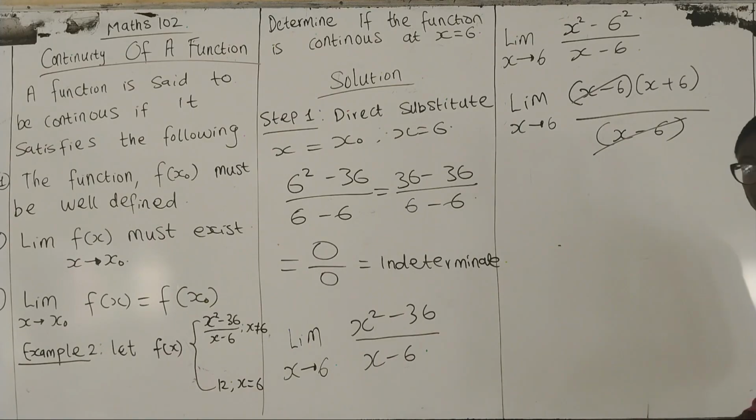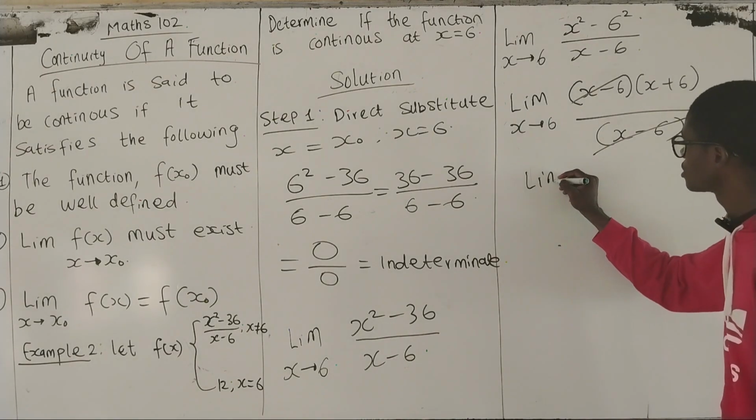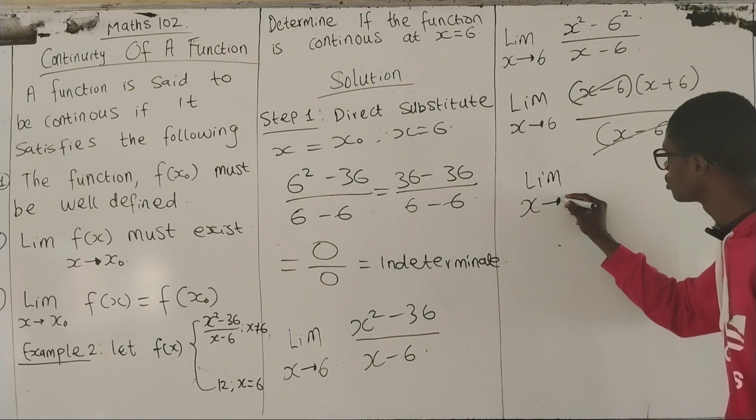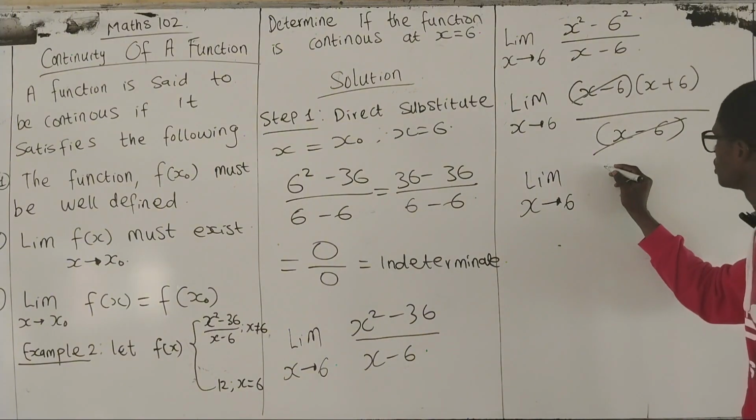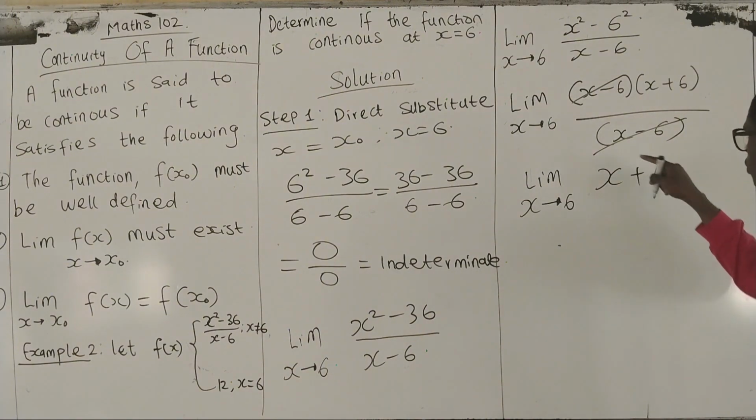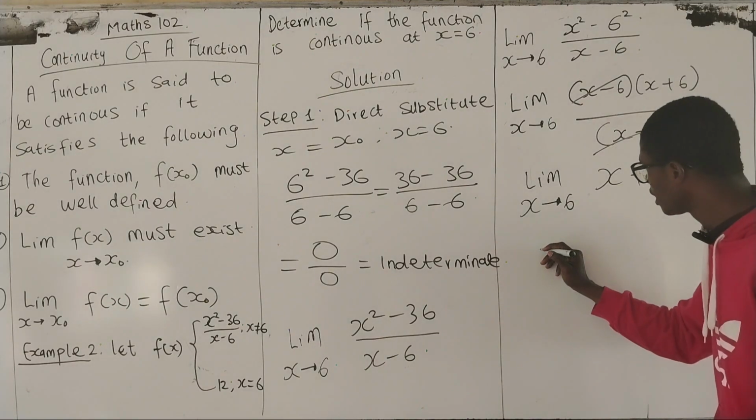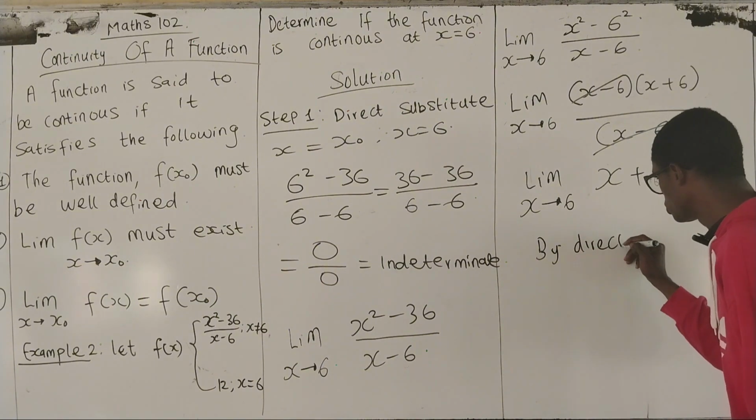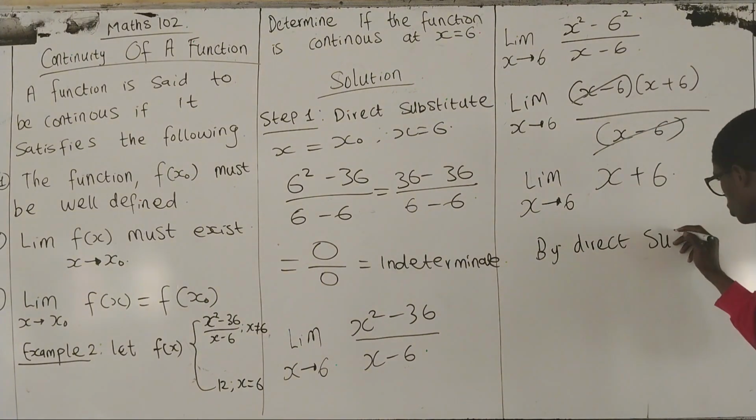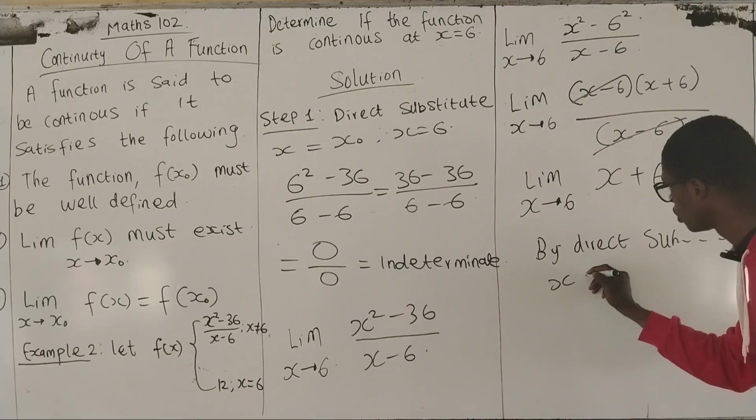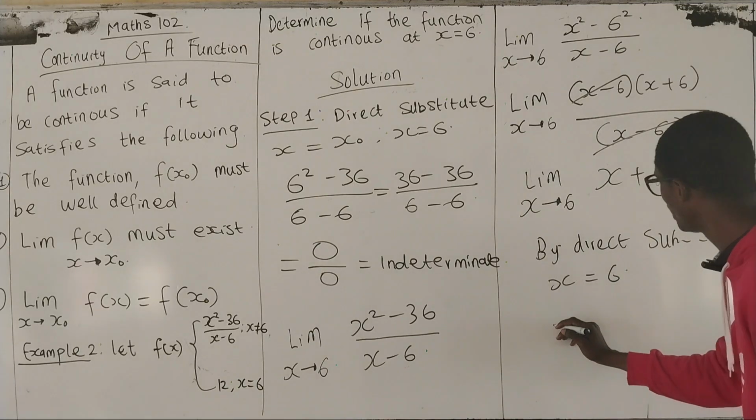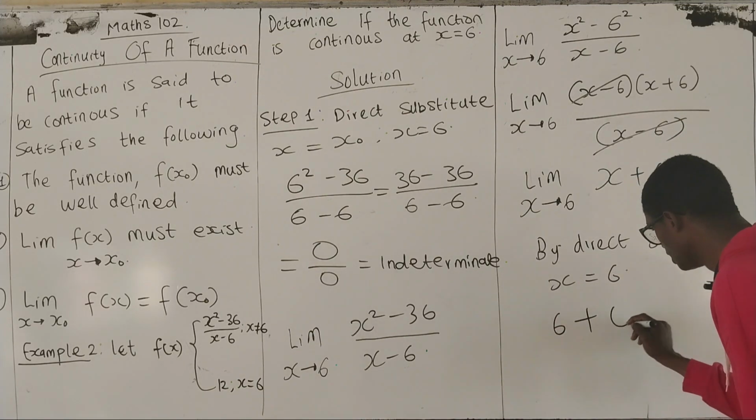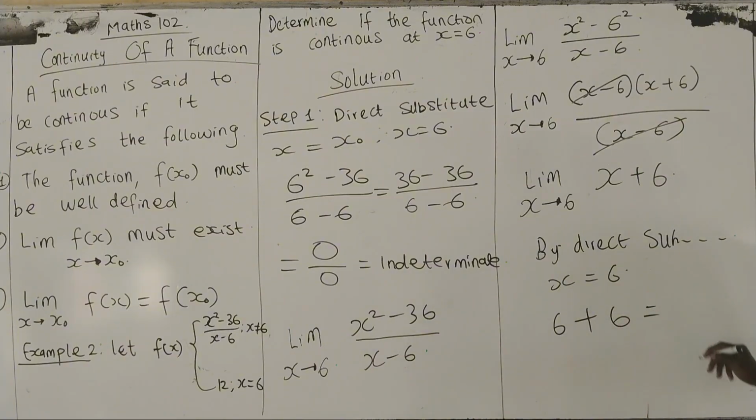That means it's 1, right? So therefore we have the limit as x approaches 6 of x plus 6. So we have removed the denominator, so it should not be undefined. So when you now substitute by direct substitution x equals 6, we have 6 plus 6, which is equal to